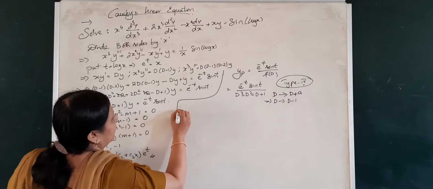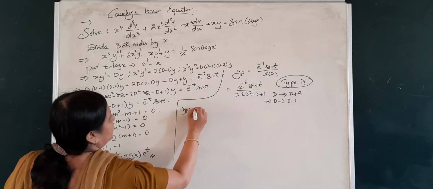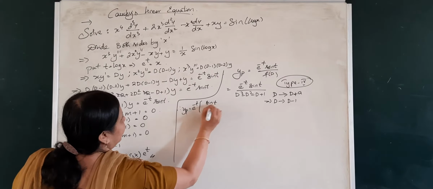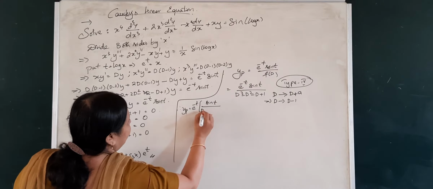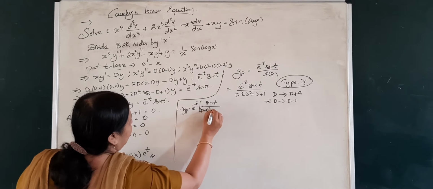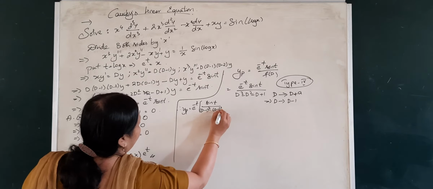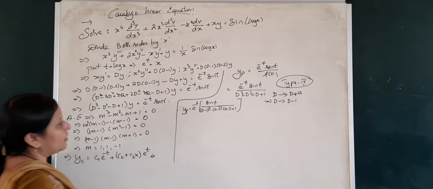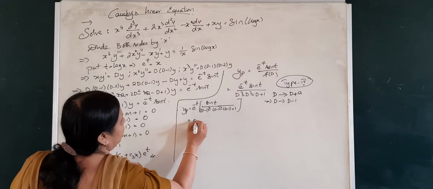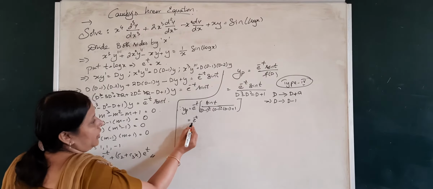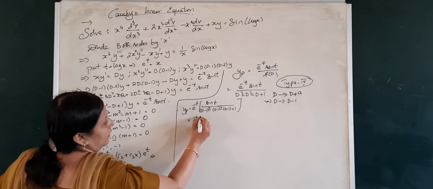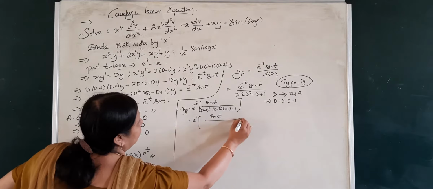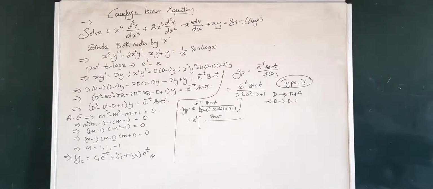Therefore, yp is equal to the exponential term comes outside. Therefore, we have sin t divided by d being replaced by d minus 1, so d minus 1 whole cube minus d minus 1 the whole square minus d minus 1 plus 1. This is how it becomes. So simplifying ahead the denominator, the exponential term is no more inside the function, now it's outside. So sin t divided by, expand it.